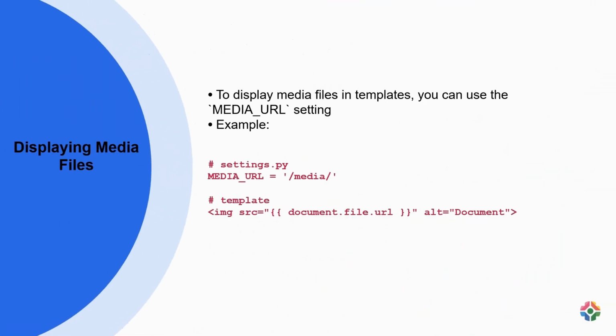When integrating media files in Django templates, you can utilize the MEDIA_URL setting. This setting specifies the base URL for media files. By defining MEDIA_URL in the settings.py, such as setting it to /media/, you can access media files in templates. For instance, in a template, you can display an image using the HTML img src equals document.file.url, alt equals document. This code snippet retrieves the URL of the media file named file associated with the document object and inserts the